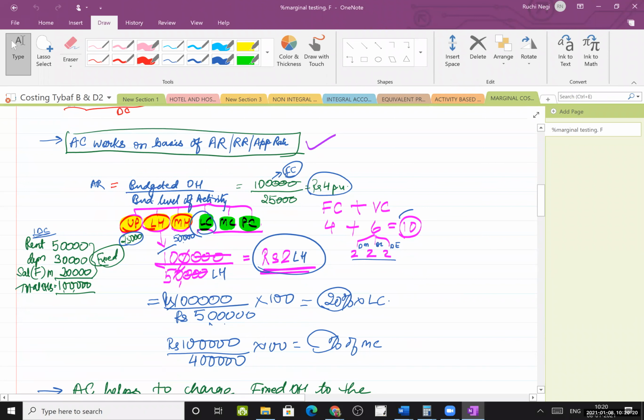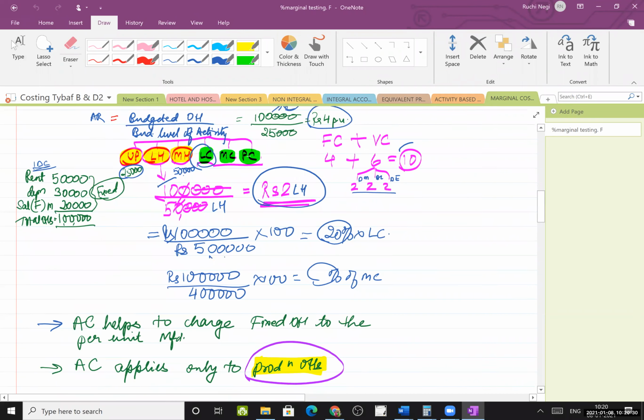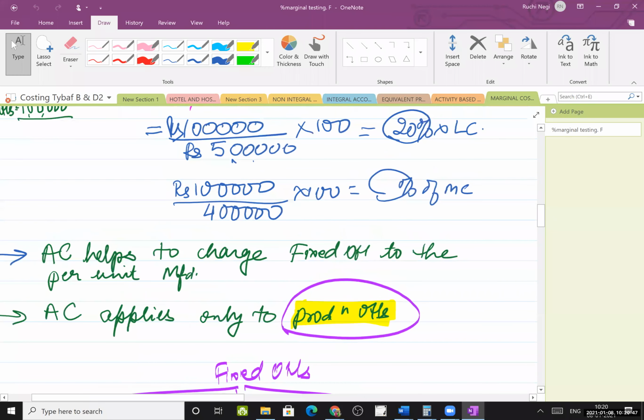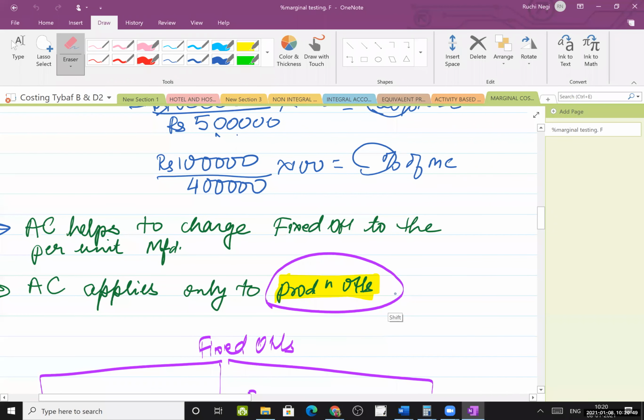I mean the budgeted level of activity depends on units produced, labor hours, machine hours, labor cost, machine material cost, and prime cost. I've given you examples of the same. Absorption costing helps to change fixed overheads to a per unit manufactured basis, and the last point I have said is that absorption costing applies only to production overheads. So basically, the point of highlight here is,